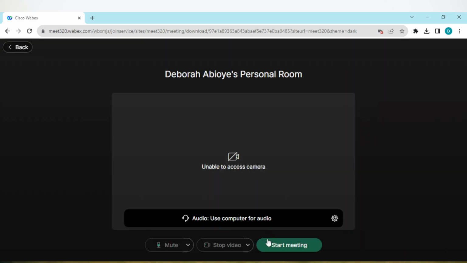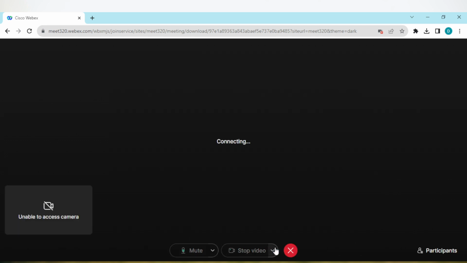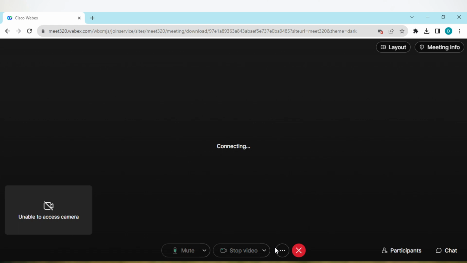once it has loaded, you'll be brought to your personal room. The next thing to do is to click on start meeting. Then once you click on start meeting, it will connect as well, and then your meeting has started automatically. So once this meeting has started, for you to be able to add a whiteboard, the next thing for you